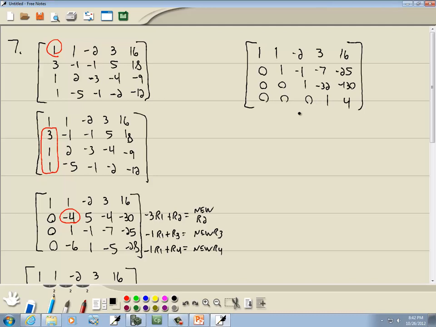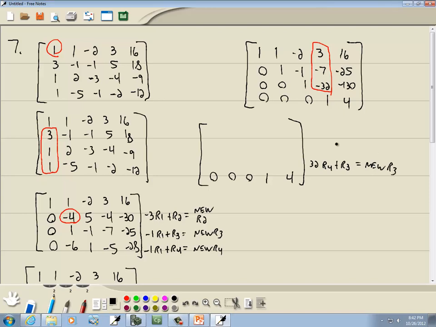Diagonal 1, zeros below it. Well, now we're going to start at the bottom one here, and we're going to work at getting zeros in this place. So 0, 0, 0, 1, 4. Now I multiplied this by 32 to get a 0 here. So I'm going to take 32 times row 4 and add that to row 3 to give us our new